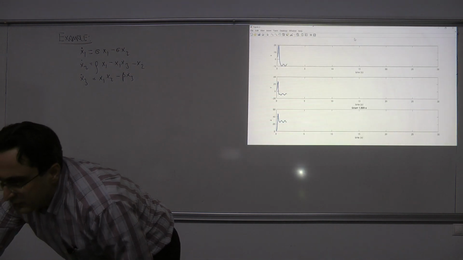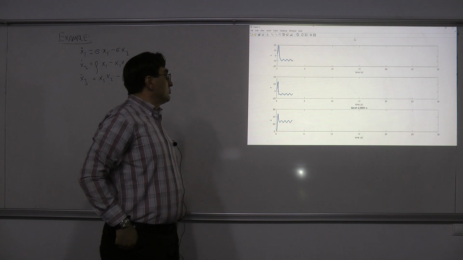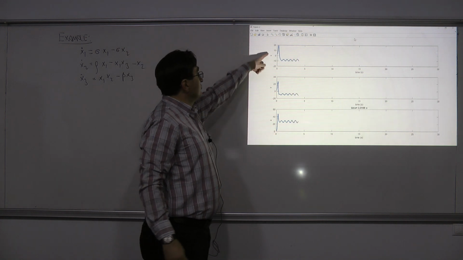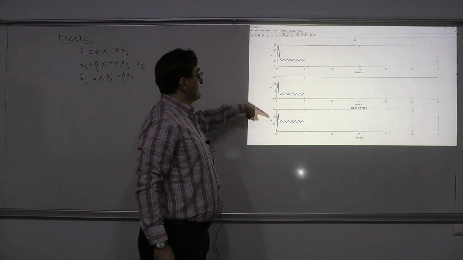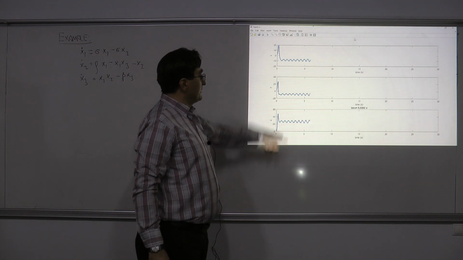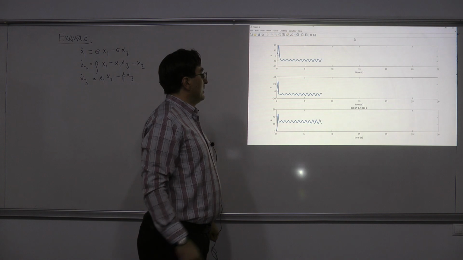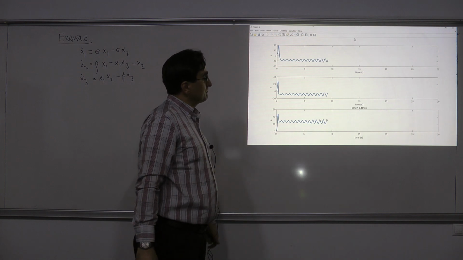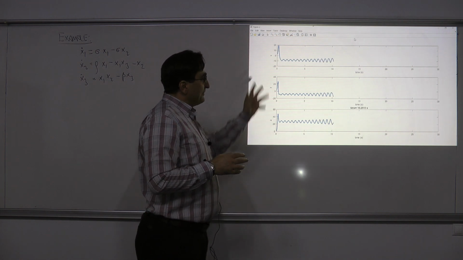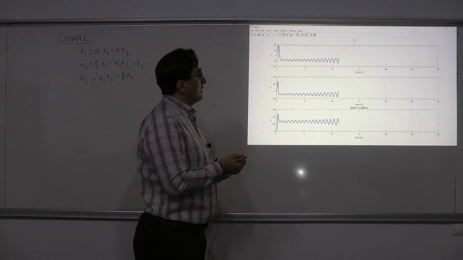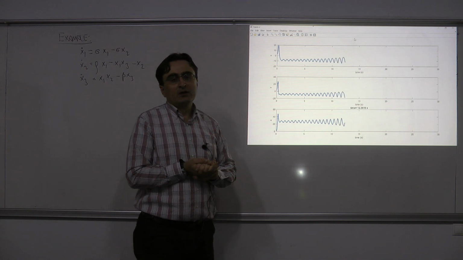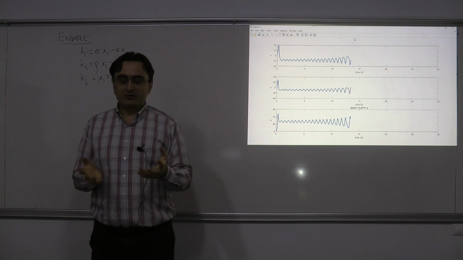So now this is how those trajectories would be looking like in different dimensions. I have the x coordinate, y coordinate, and z coordinate. This is the same trajectory starting from the initial condition that I have given. Now, after I draw this trajectory, I would like to show you something very interesting, and that is actually what